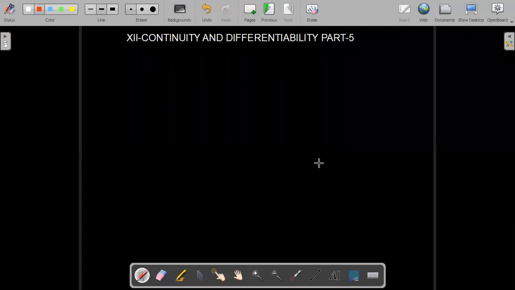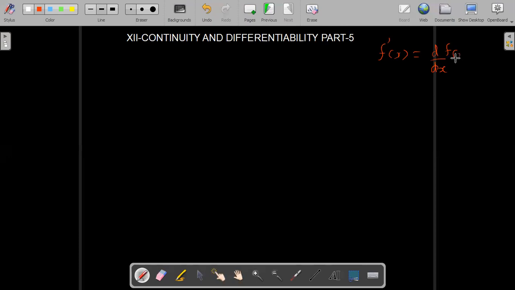We will see left hand derivative and right hand derivative. So what is left hand derivative and right hand derivative? Derivative is denoted by dash. First we will see left hand derivative and right hand derivative. The derivative of f(x) is denoted by f dash x, or it can also be written as d by dx,